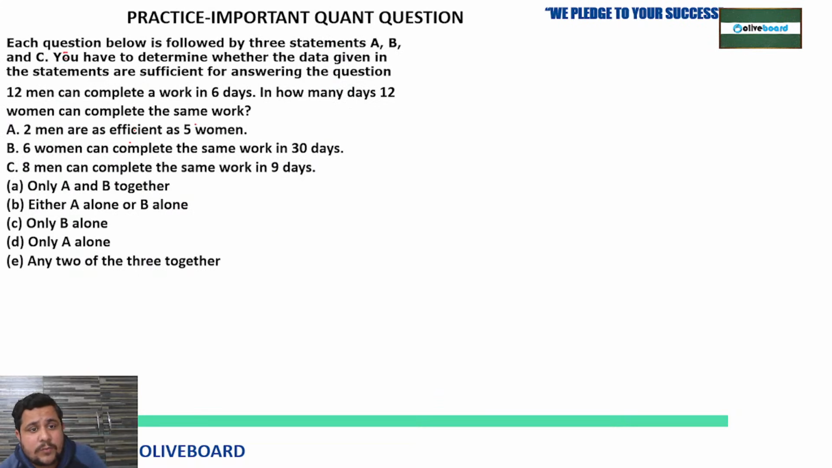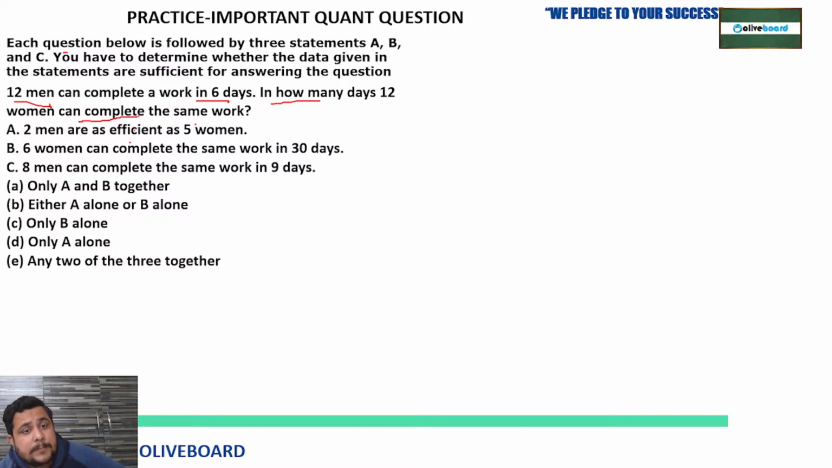Now in the next question, what is given? Each question below is followed by three statements A, B, C. You have to determine whether the data given in the statements is sufficient, meaning a data sufficiency based question is here. So 12 men can complete a work in 6 days. This is the first data, right, given to us. In how many days